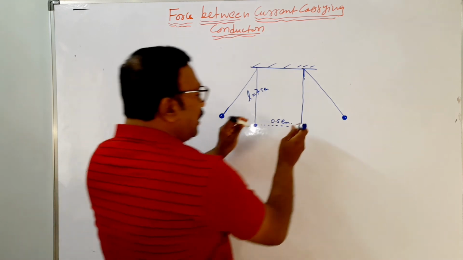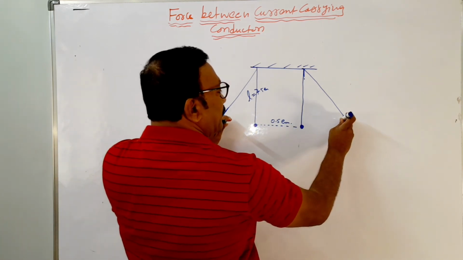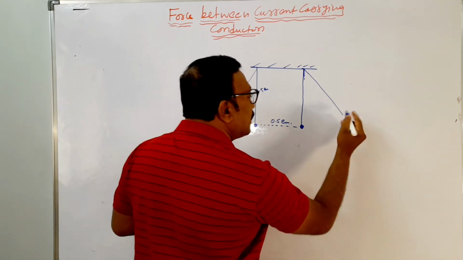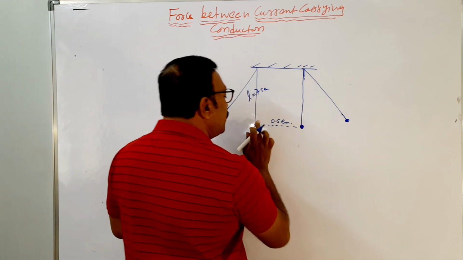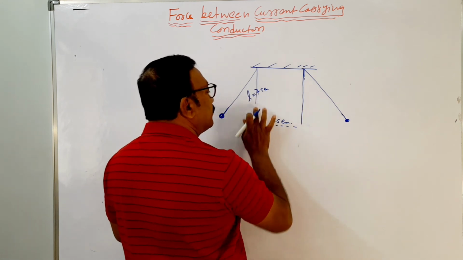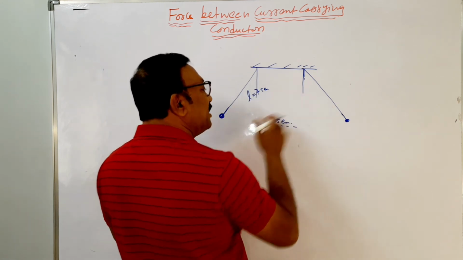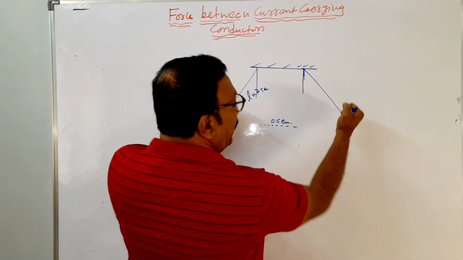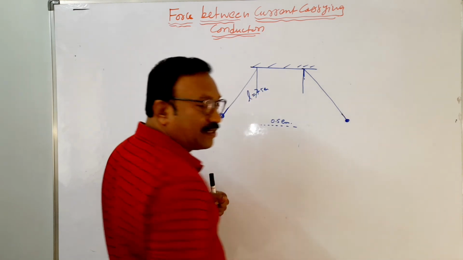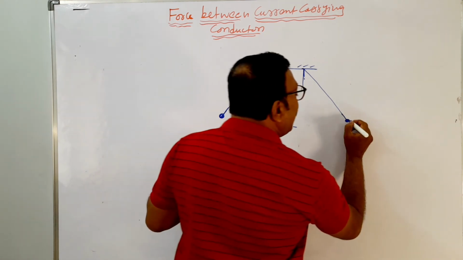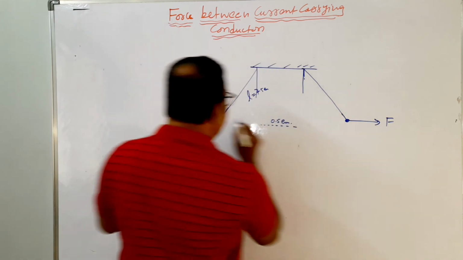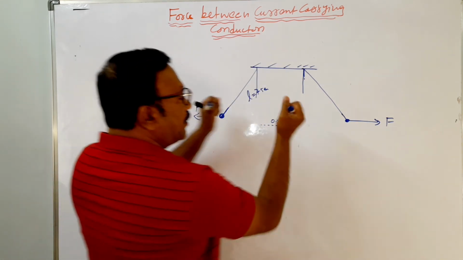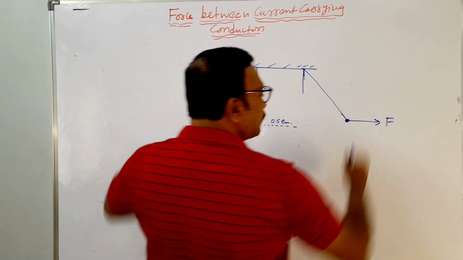Now there are no conductors here. They have moved like this. Understand? That is the situation. They move like this. Why? Because currents are flowing in these wires, so they have a repulsive force like this. The two conductors are having repulsive force.